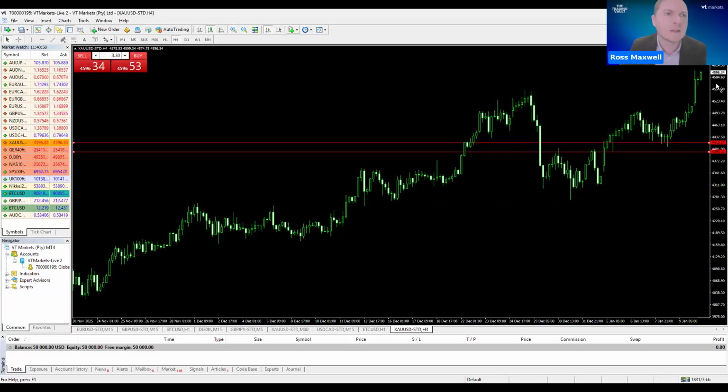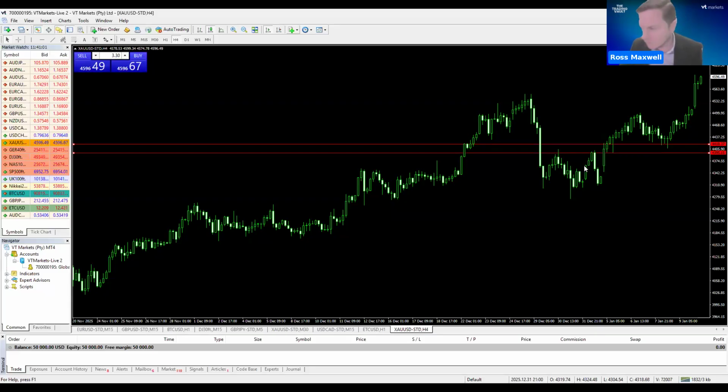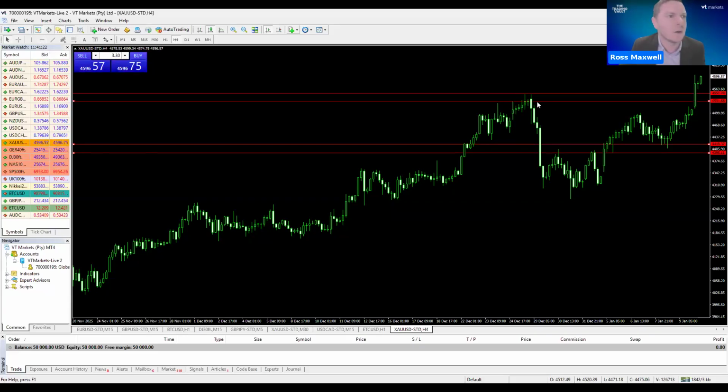But another if and then scenario, okay? If the market continues higher because all of these geopolitical tensions continue, and people continue to look to gold as a safe haven and this pushes higher, well, then we have another area that we could look to get long, because we would then have retests of this area of liquidity here, which is previous all-time highs. Okay, so you've got an area of strong resistance which has been broken. So if the market continues higher, this could actually offer a good opportunity to get long on any retest.